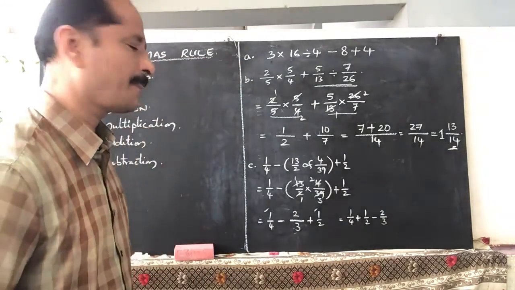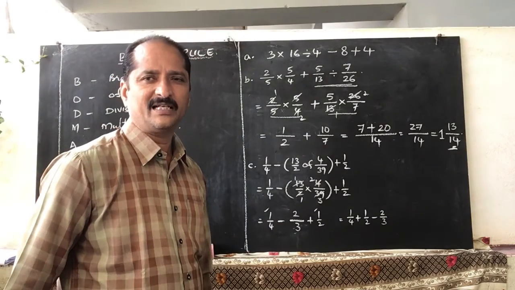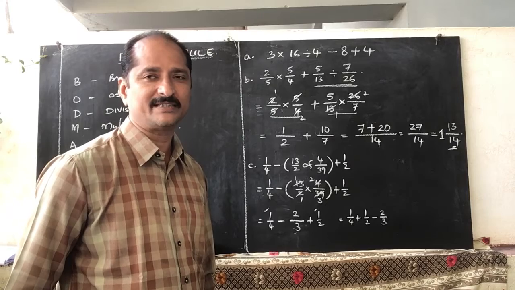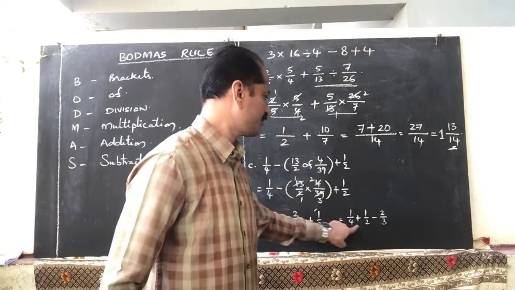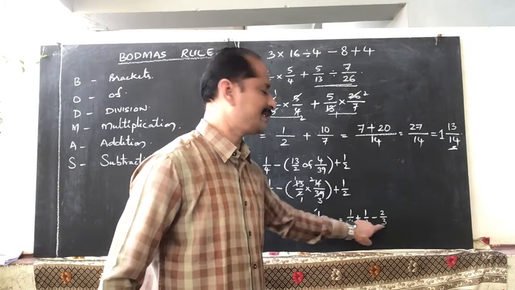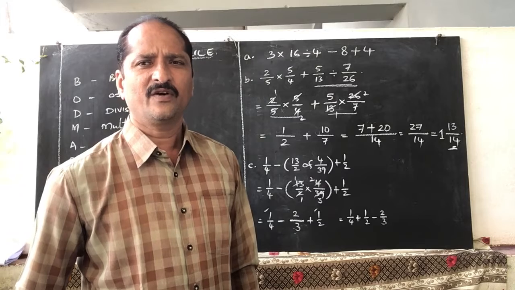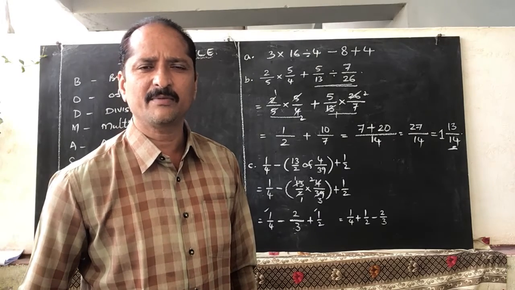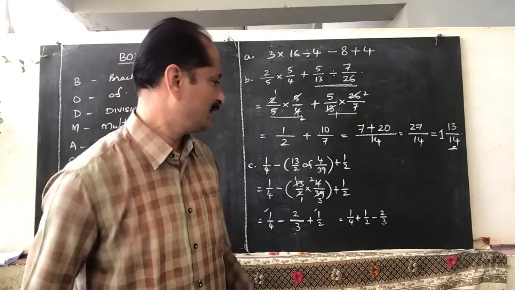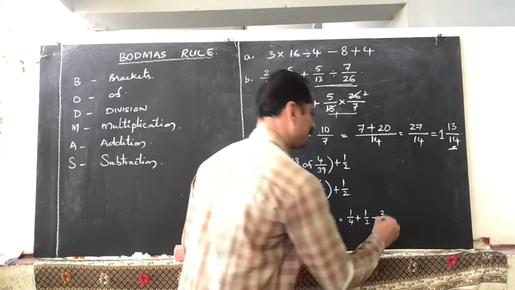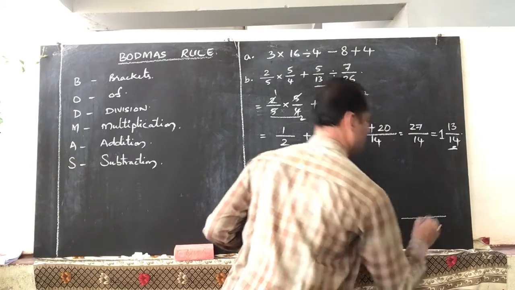So that is the LCM of 4, 2 and 3. The LCM of 4 and 2 is 4 itself because 4 is a multiple of 2. Then 4 and 3: the LCM of 4 and 3 is 12 because 4 and 3 are co-prime numbers. The LCM of two co-prime numbers is their product. So of the three numbers, the LCM is equal to 12, and we should make each denominator equal to 12.